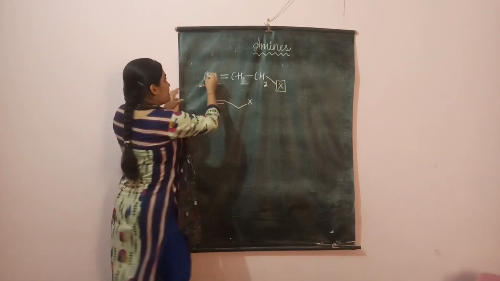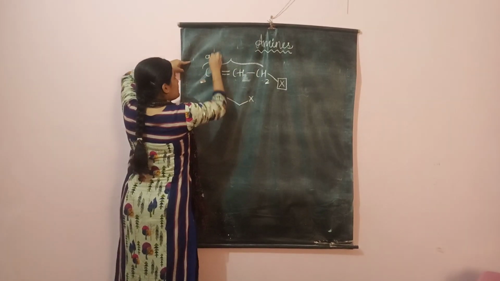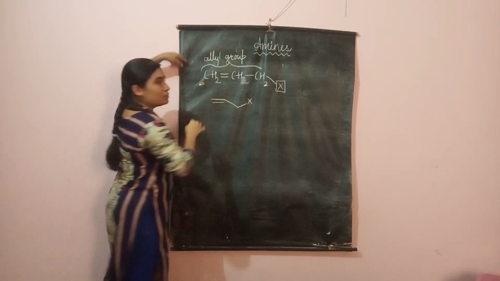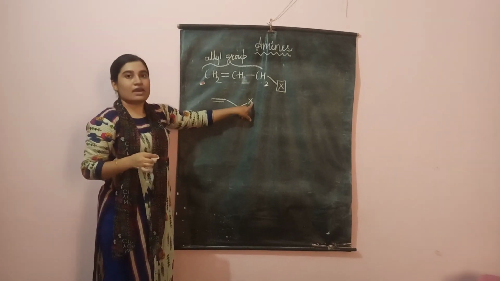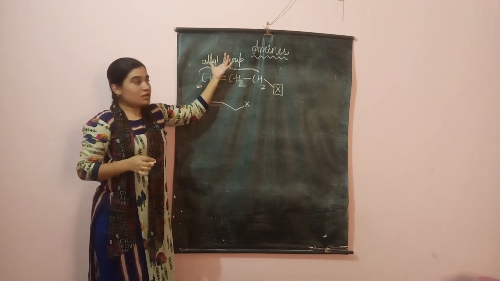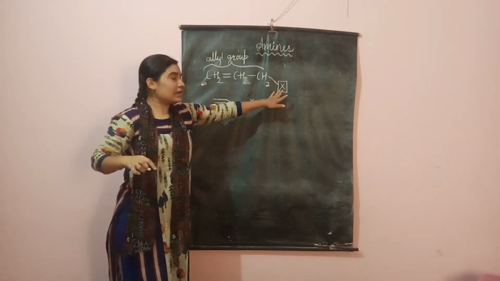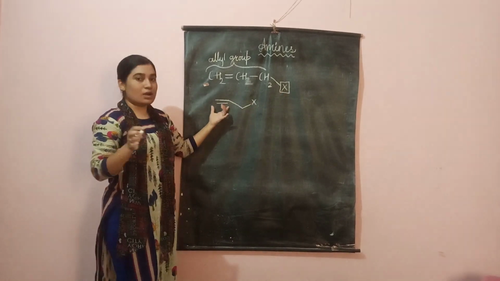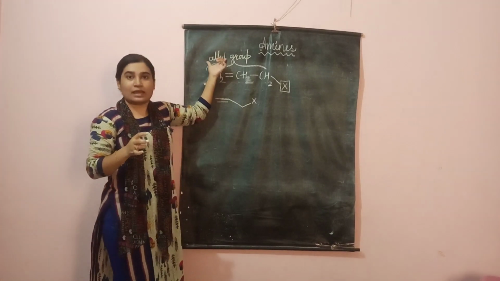This group is called as only this much. Double bond followed by CH2 is an allyl group. This is to be remembered. Double bond followed by CH2 followed by a functional group, or only up to this I call it to be what? Allyl group. So here any functional group can be taken. OH group can be taken, Cl can be taken, or NH2 can be taken. But the main important thing to be remembered is what? Double bond followed by CH2 is an allyl group.